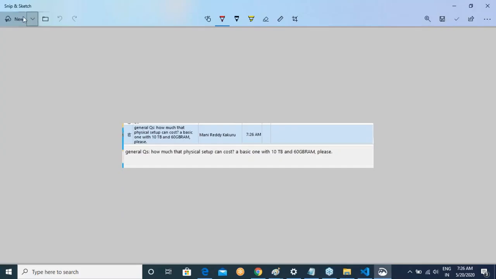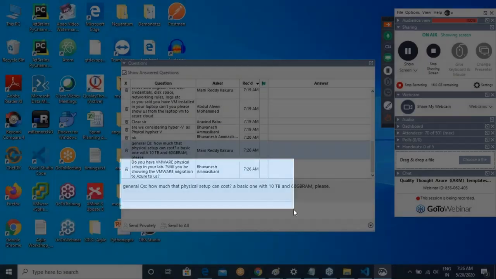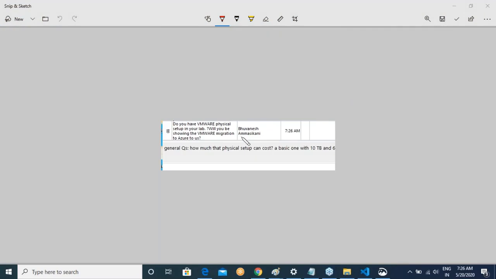I might not have that. Okay. So, no, it is not in the lab. That is something which I have on one of my laptops, which I'll be using. Even the license of that has expired, and I think I need to renew it to the new one. I'll be showing that, but I'll not be able to share that in the class. I'll be showing that to you. We'll definitely show VMware migration. Okay, so this will be shown to you.